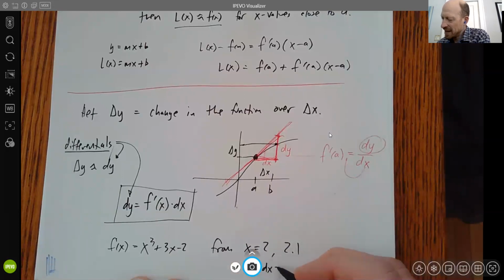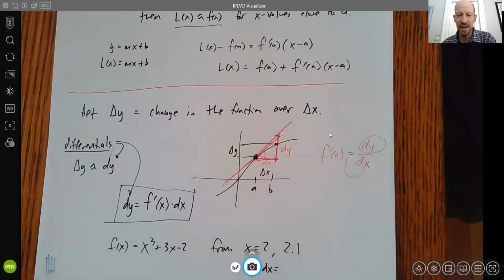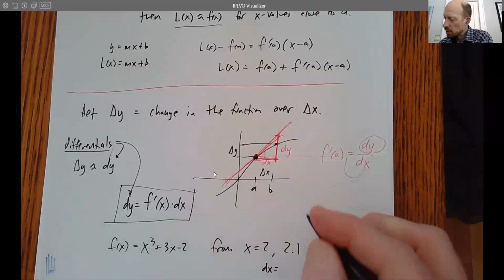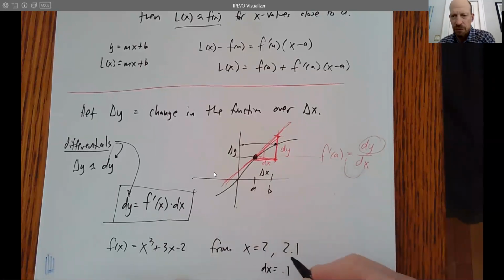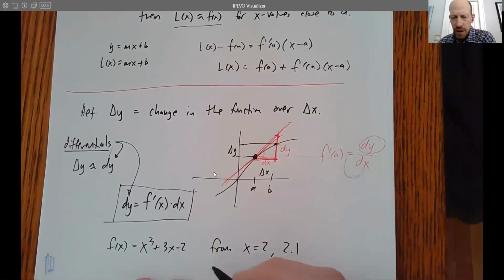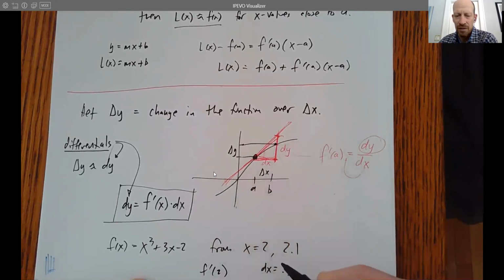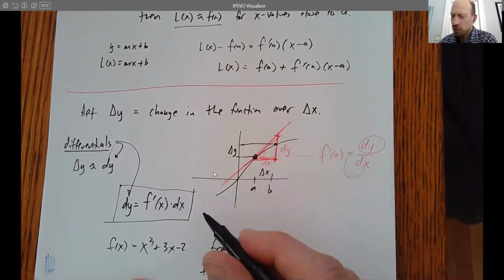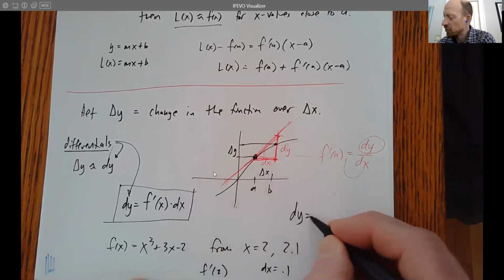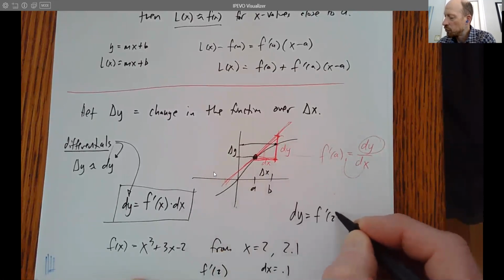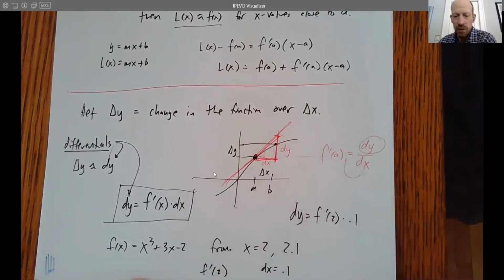We're going to notice that dx here, which is the change in the x, is 0.1. That's how far those are apart. And the slope is going to be f prime of 2. All right, so I'm going to look at 2. I'm going to look at the change approximately from 2 to 2.1,